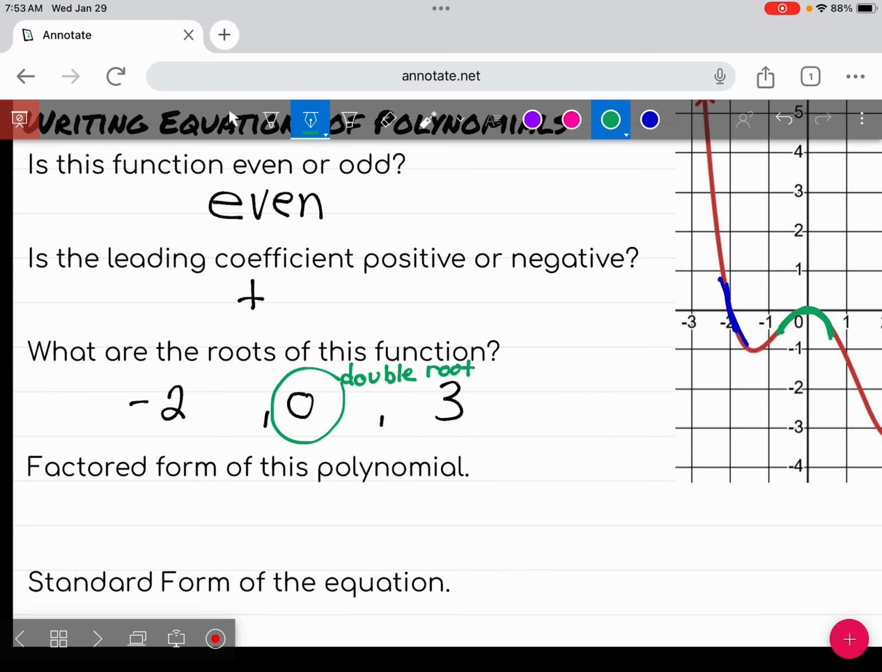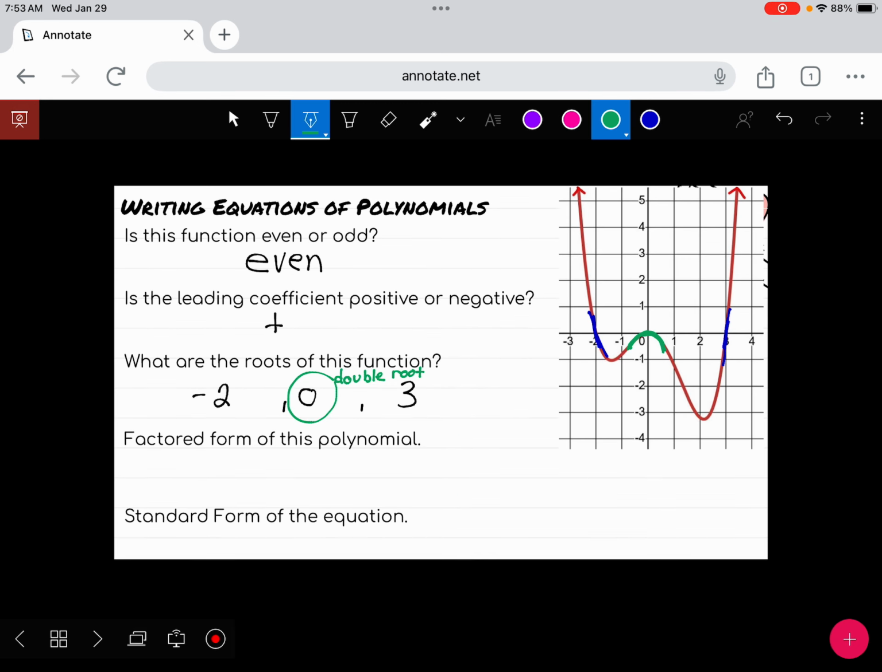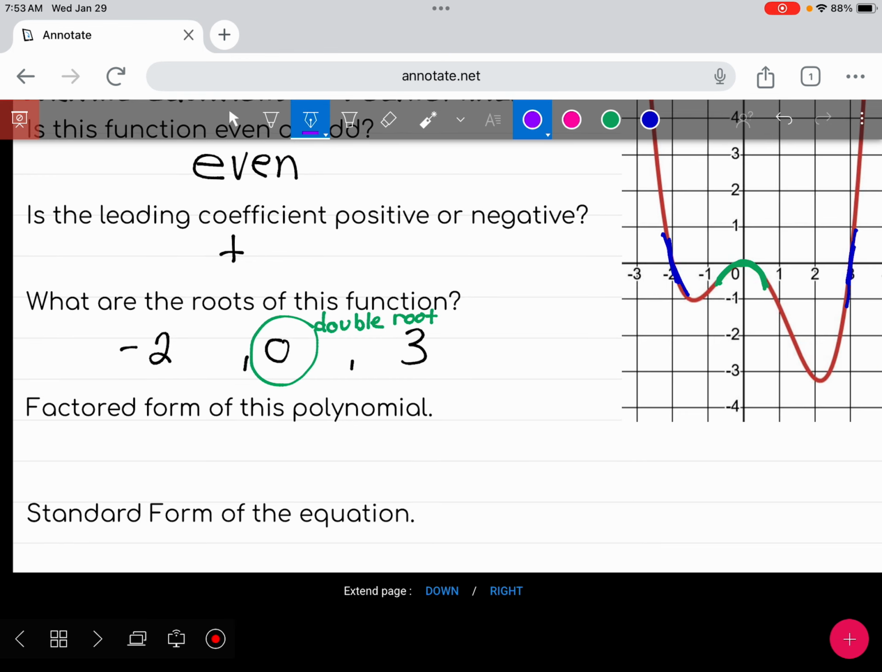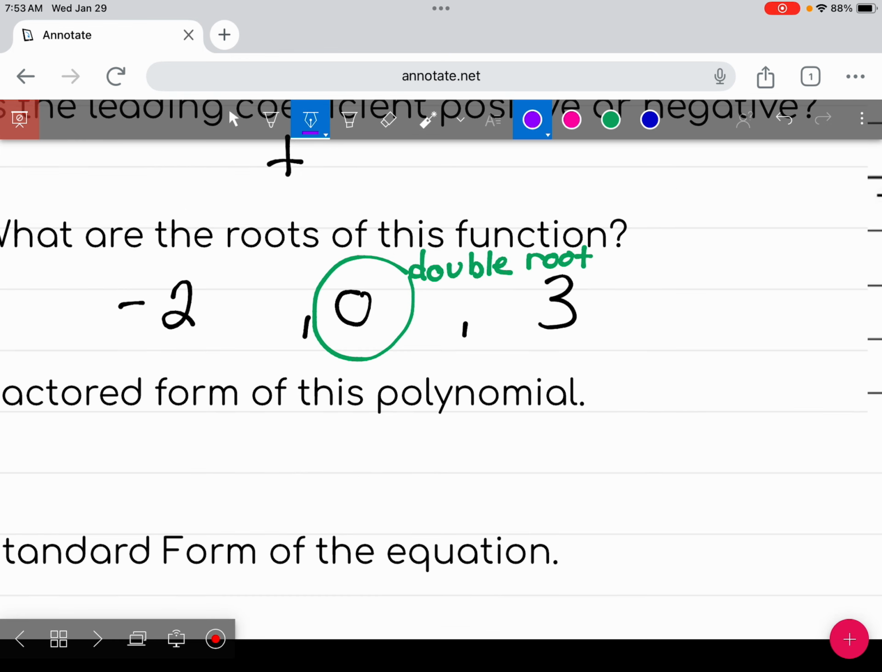Yes, dear? So will it always be a double root if it looks like that? If it bounces off, yes, it'll always be a double root. We shouldn't ever give you one with any higher powers than that because they don't look that different. So when we're looking at our factored form of this polynomial, if I write my equation, we've got our